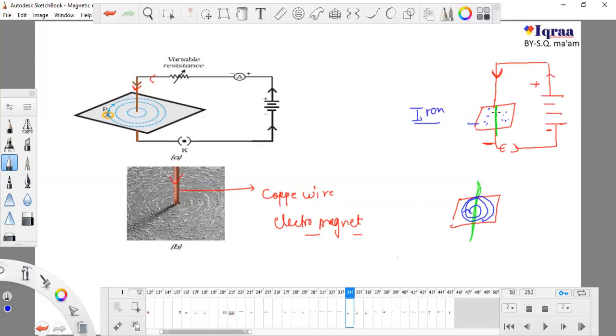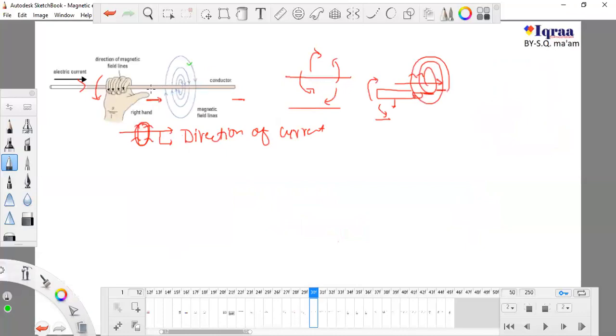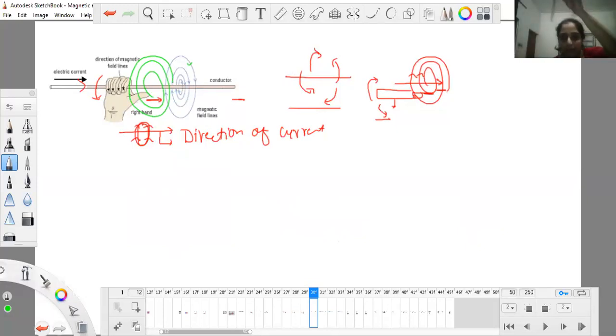Because now this copper wire is working as an electromagnet, definitely, so the flow of current is like this. This is the direction of current, and it is having a magnetic field line. It is creating a magnetic field line, which you can see possesses all around this. Again I'm going to tell you, if this is a pen, the magnetic field lines encircle this. It is like a circle, you can see it is like a circle.